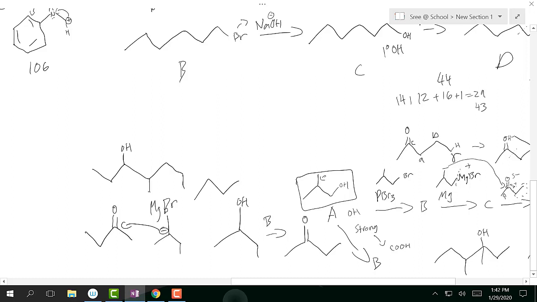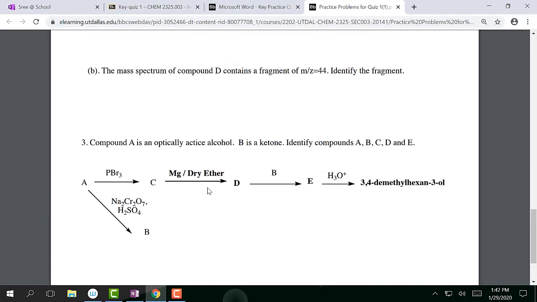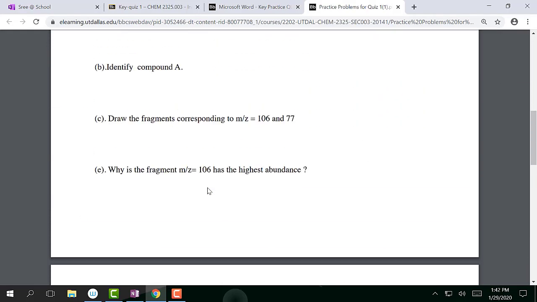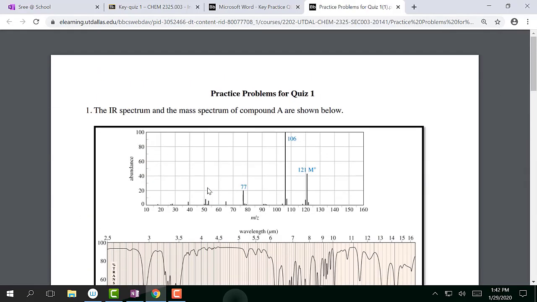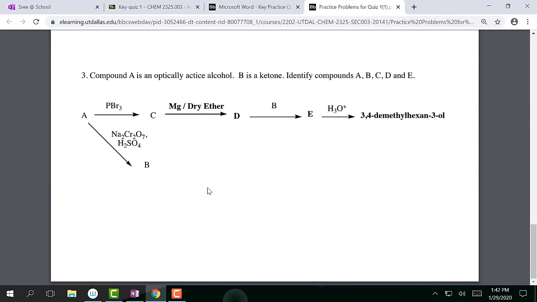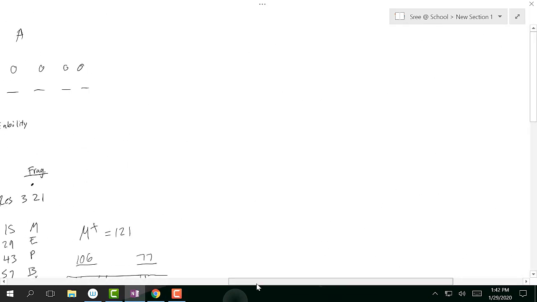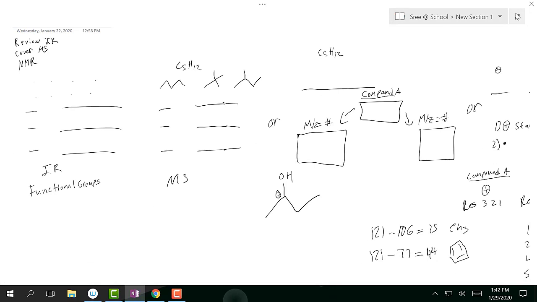Does anyone have questions on the rest of this quiz or any part of it? Okay. If not, I'm gonna get started on NMR. I know that's not on your quiz, but it's very important for the exam at least. So let me create a new tab. Okay. So NMR,